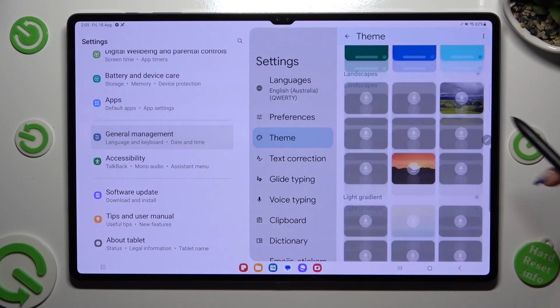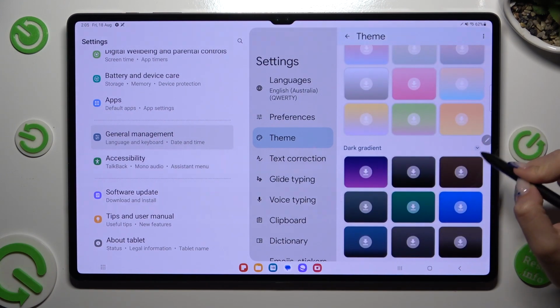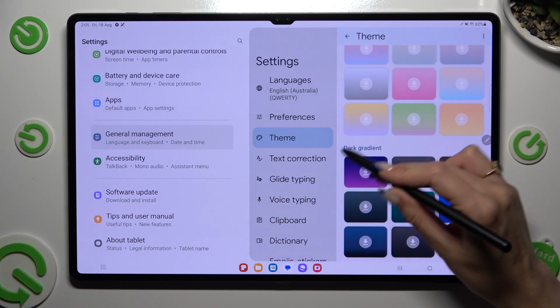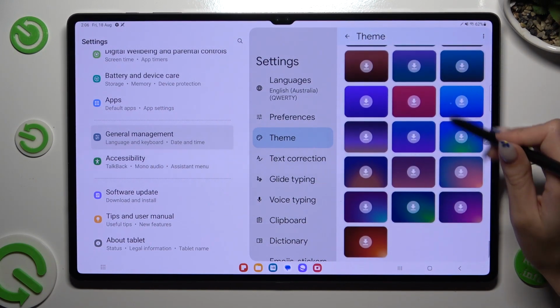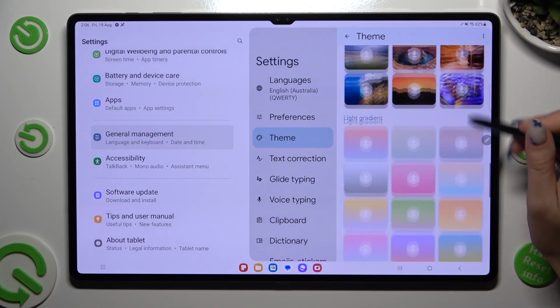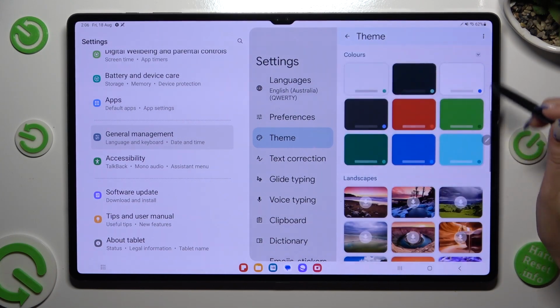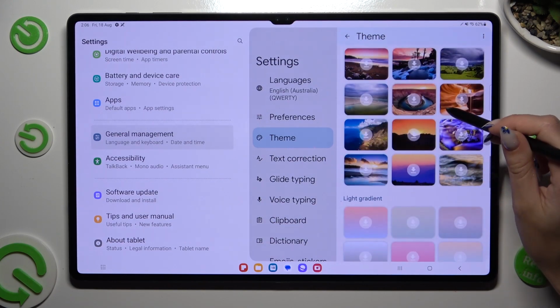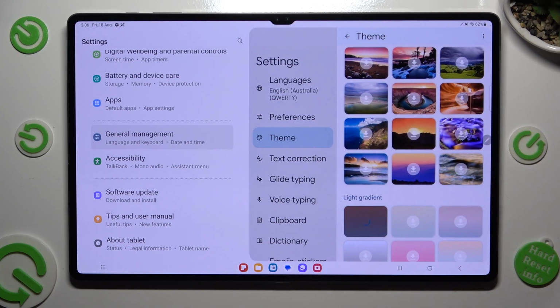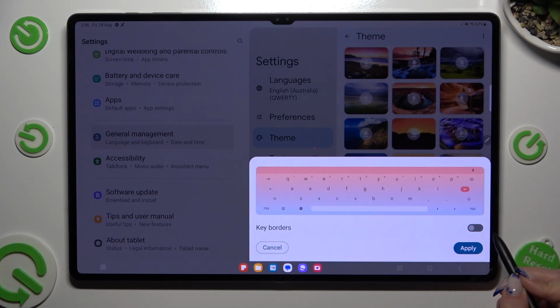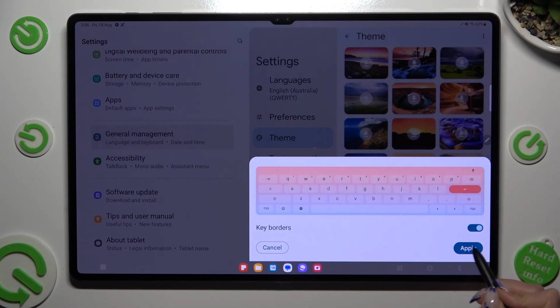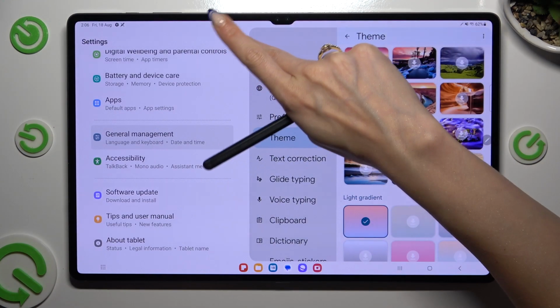You can scroll down, click on those icons at the top right corners of all of those categories to see all available ones. Click on the best one for you. Manage key borders and select Apply to change your keyboard,